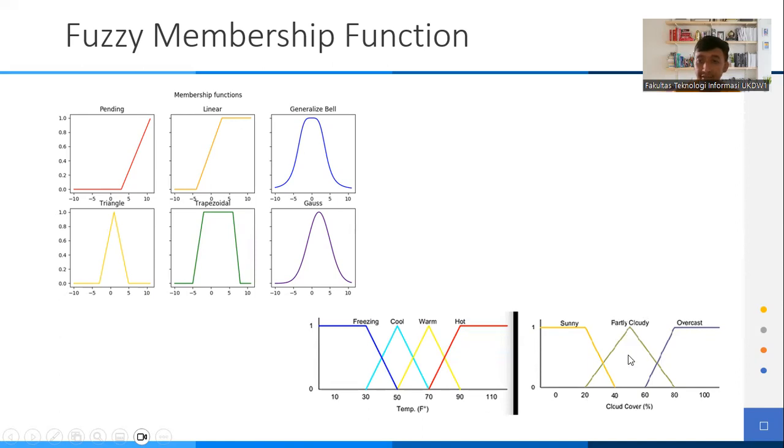Partly cloudy starts from 20% until 80% cloud cover. And overcast starts from 60% until 100% cloud cover. This is the example of the membership function. In this picture, we have two kinds of input: the first input is the temperature value, and the second input is the cloud cover value.